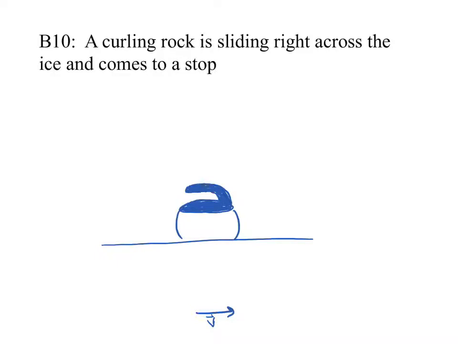And then it's coming to a stop. Why is it coming to a stop? Because there's still friction on ice. There's a lot less, but there still is friction on ice. So that means friction is working against the motion and bringing it to a stop. Friction always goes against the motion. But since it doesn't say it's being pushed in the right direction, I cannot draw an arrow to the right because there is no applied force to the right.